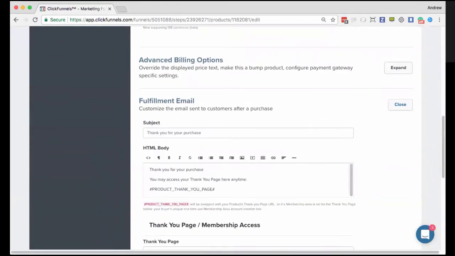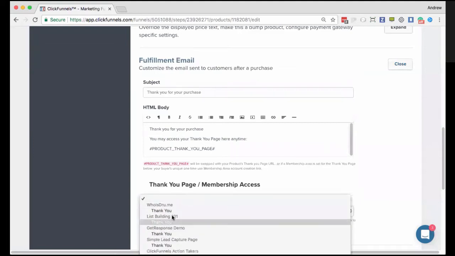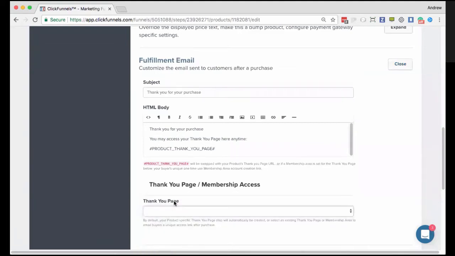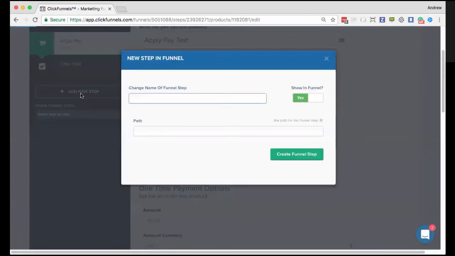Again, if you have a different view than this, it's still the same label. It's just a tab at the top of the pop-up box there. And then your thank you page that you would select here is actually going to be like a membership area or one primary thank you page that you have for your funnel that all of your products will go to. And then what you'll do inside your funnel is set up an order confirmation page.